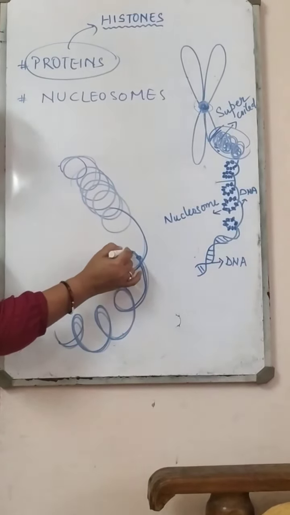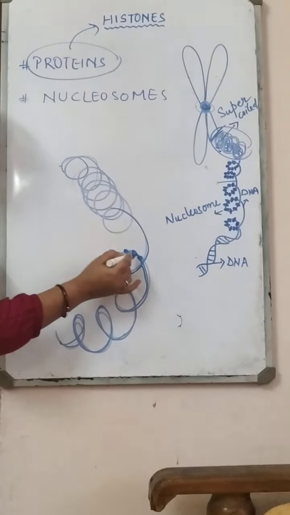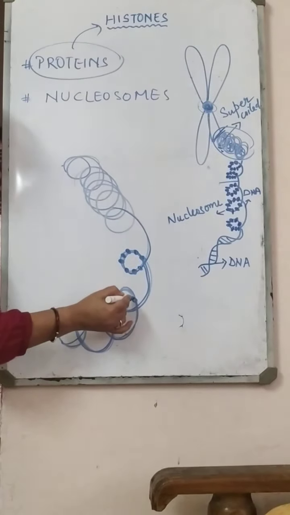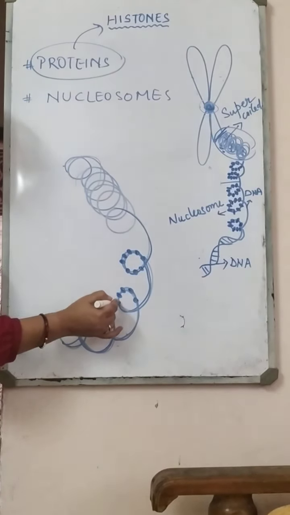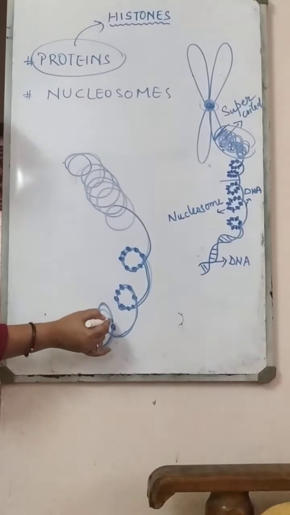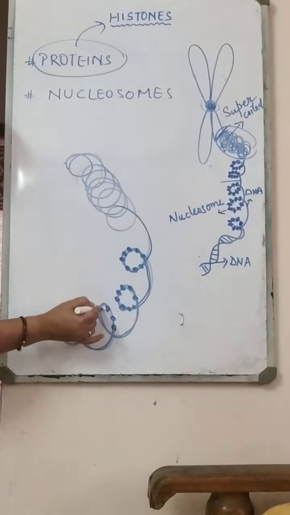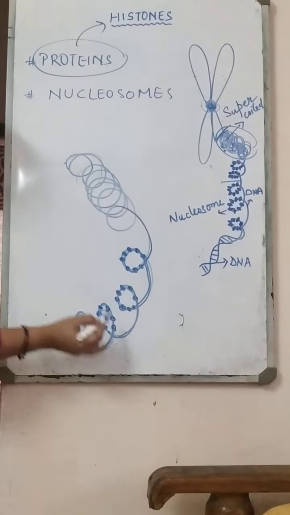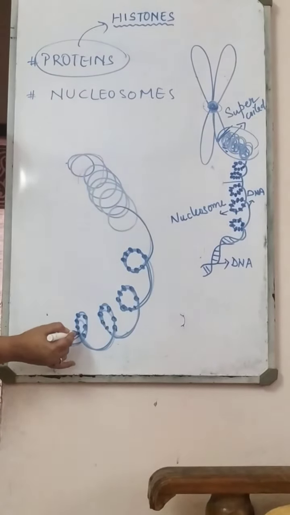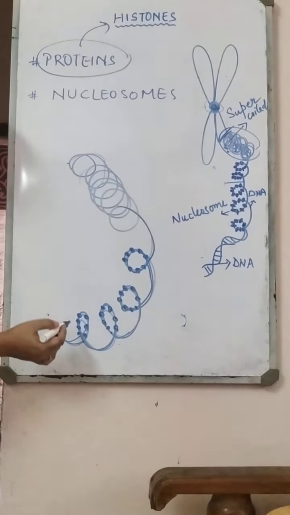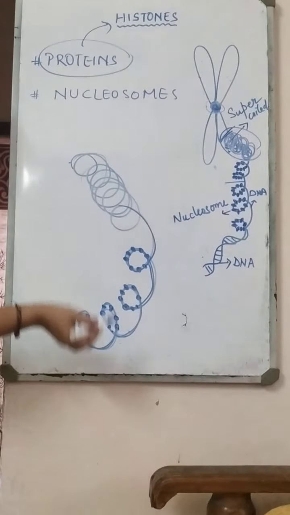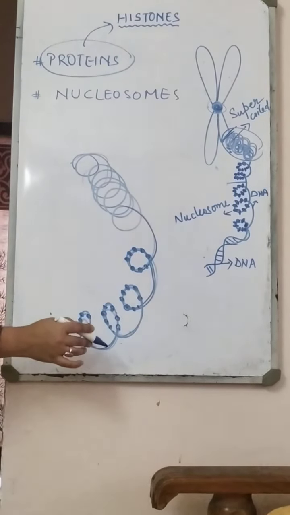To these structures, 8 histone proteins are attached: 1, 2, 3, 4, 5, 6, 7 and 8. So like this, everywhere there is a twist or turn or loop, 8 histone proteins stick to that particular loop. Here again I am going to mark the 8. Again here, 8. So like this, you can see at every junction, every interval, there are certain loops of DNA, and to the DNA loops, 8 histone proteins are attached.